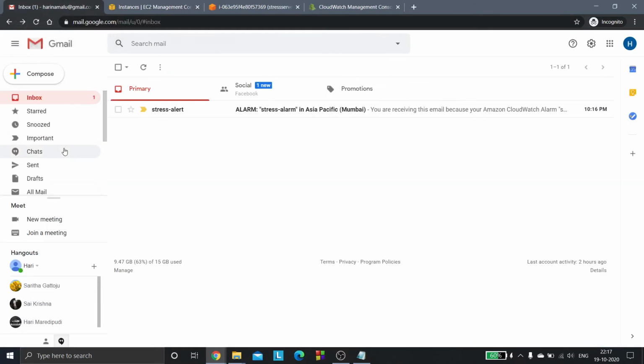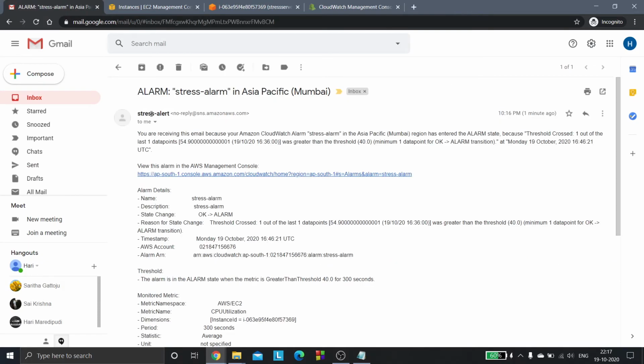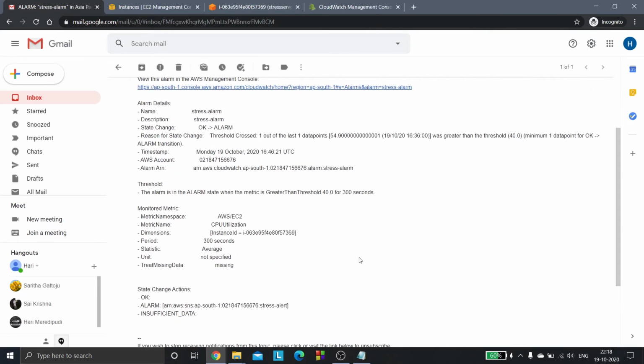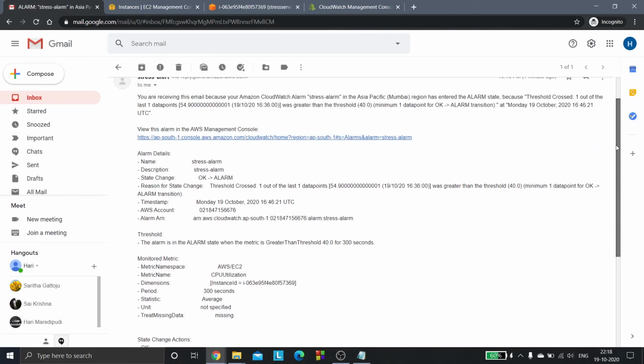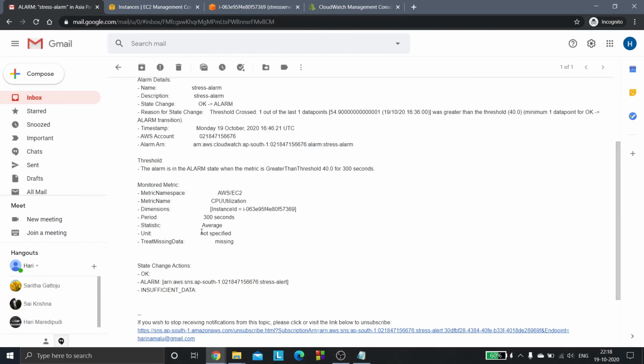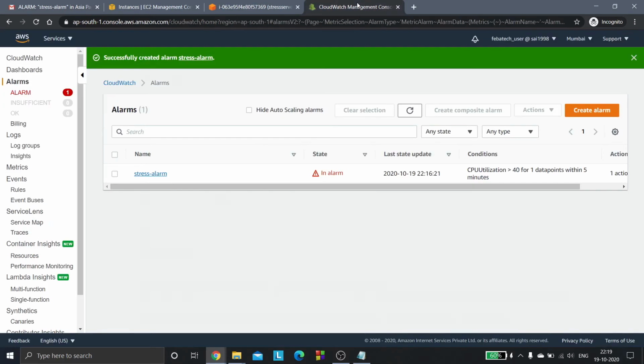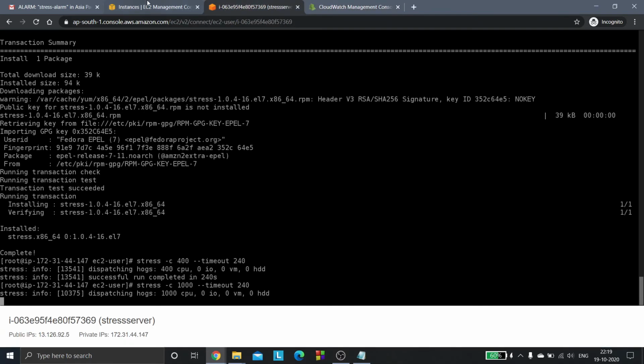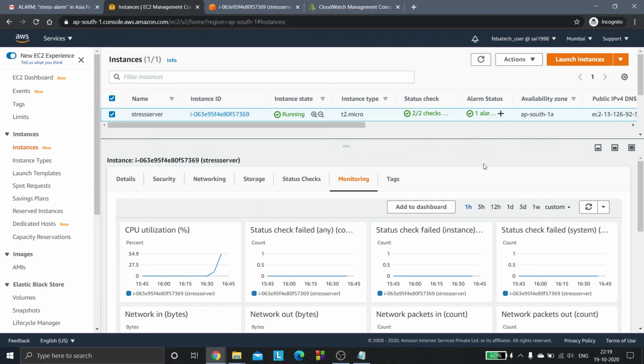I'll go to my email, and here you see I got an email saying that the CPU utilization has crossed the defined threshold, that is 40%. These are all the alarm details and stuff. And let's just see our alarm state as well. The state is in alarm. Earlier it was okay because the utilization was below the threshold. Now it has crossed the threshold, as we can see here. So this is how we set up a CloudWatch alarm for our EC2